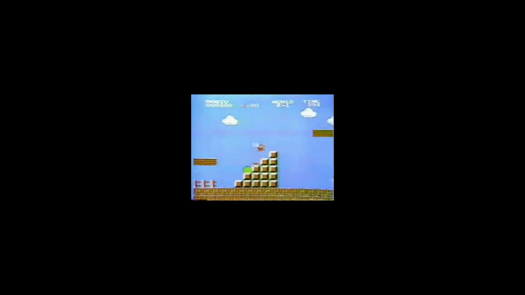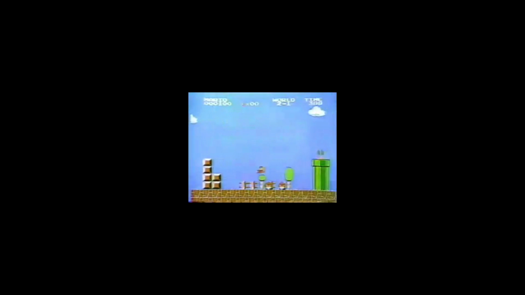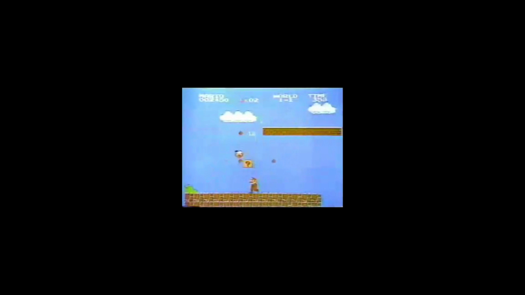ファミリーコンピューターに夢の大冒険ゲームスーパーマリオブラザーズ。秘密の力で大きく変身。地上に地下に。